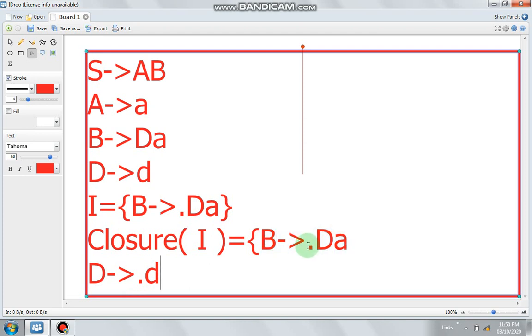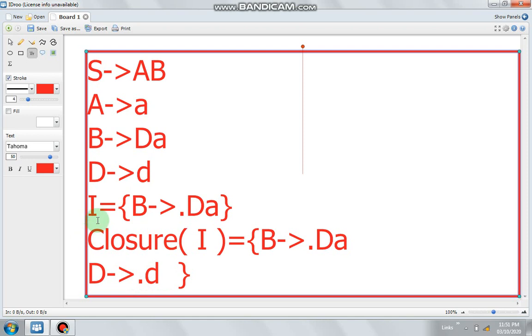And if in this item or in such kind of LR0 items there is a dot, and after the dot there is a variable, include the production of that variable in this way. Now you can see this is a dot and after the dot D, so you don't need to include more items, because you can only include production for a variable if it is following the dot symbol. Okay, so I will close it and make it a set.